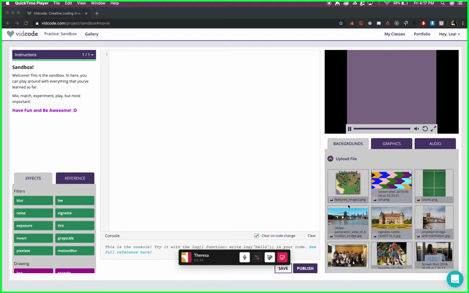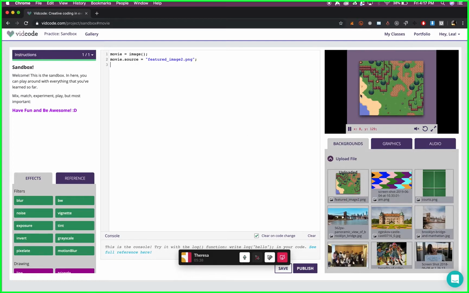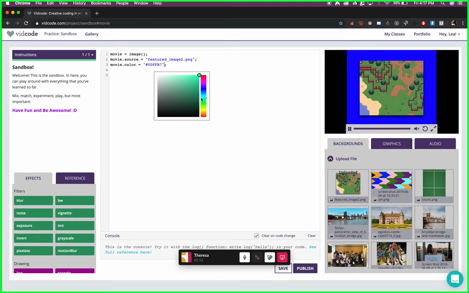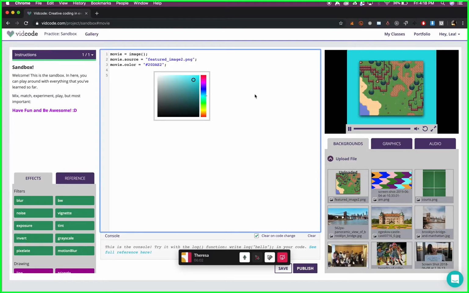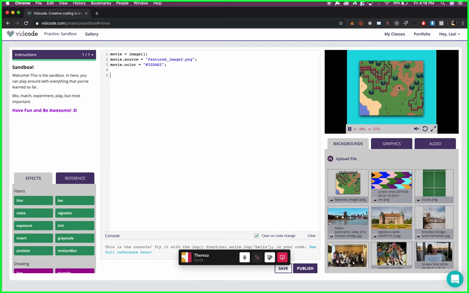Cool. So I've already gone ahead and uploaded this map here. I'm going to select that, and it's going to appear here in my video. I don't like this purple background, so I'm going to change it with movie.color. Cool. I love that blue. That's kind of nice. It's a little bit like a sky or an ocean, something that this map is sort of